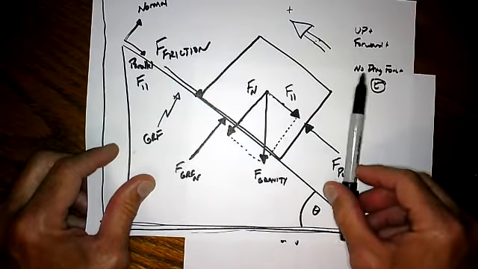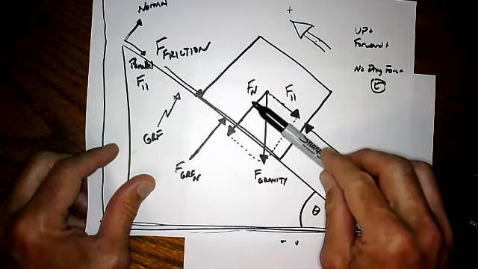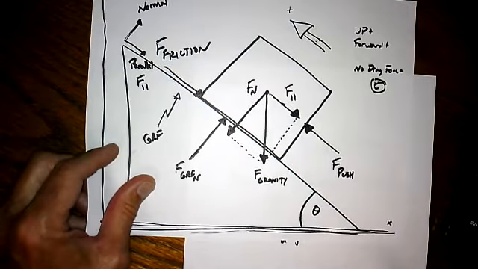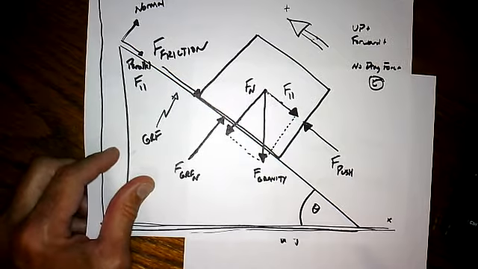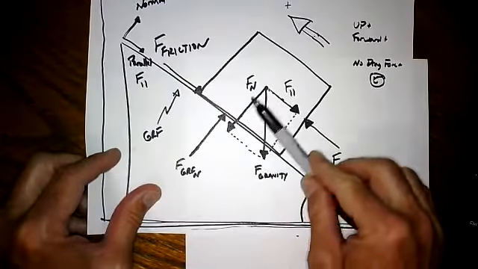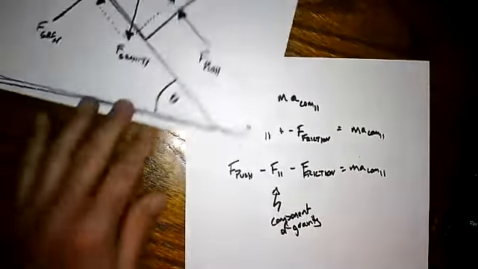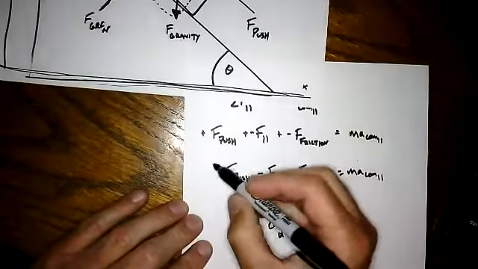If I take this hill and make it smaller to 0, then the normal force and the force due to gravity pulling down on the object are equal to each other. So these two components will vary as this hill gets steeper. But now here's my equation